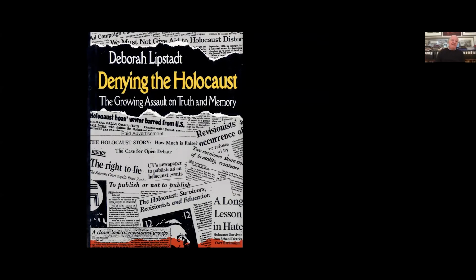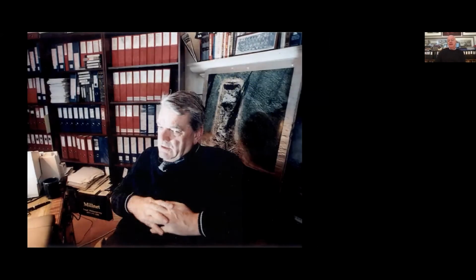And basically, she identified Irving because of his standing in the field as a liar, as a falsifier of history, as a very dangerous denier. And when Irving, as a result of that, started to lose income, when publishers didn't want to publish his books anymore, he decided to sue Lipstadt in a British court for libel, in which the burden of proof is on the defendant. And so here we see Irving in 1999, shortly before the proceedings begin.